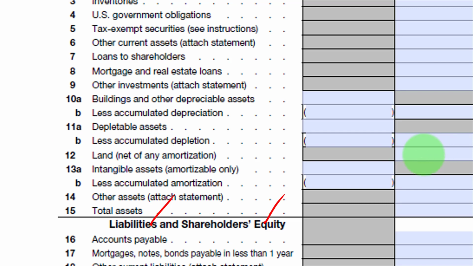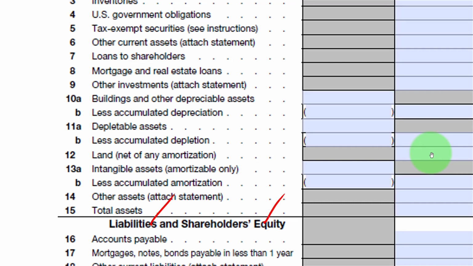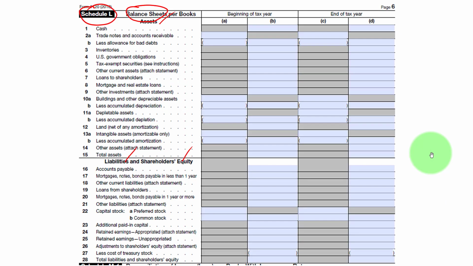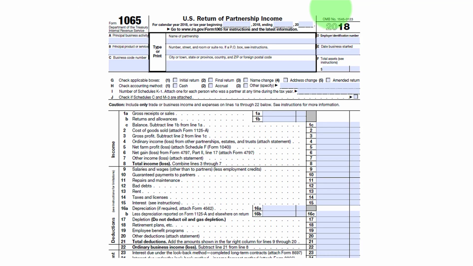Notice in line 12, you have all by itself the land costs right here in the right-hand column. And you're not subtracting out any accumulated depreciation for land, because we all know you cannot depreciate land. It just sits there forever until you sell. You get rid of that land asset. Okay, let me zoom back out here on our Schedule L. Again, you're going to have a balance sheet at the beginning of the year, and again changing to the end of the year balances. This is also true for a partnership tax return that you see here on this slide